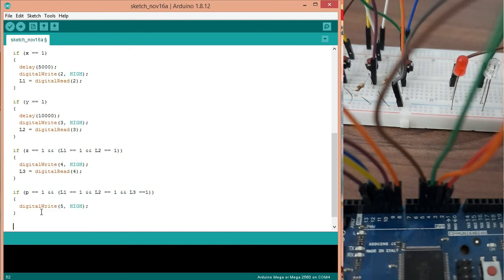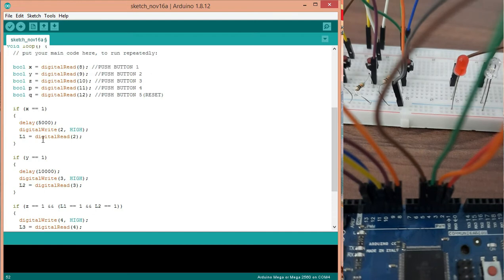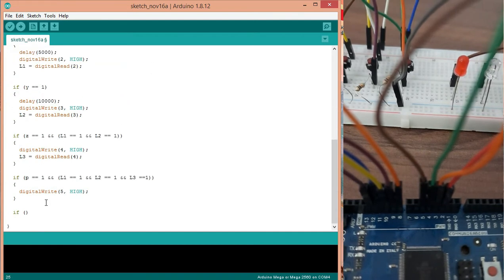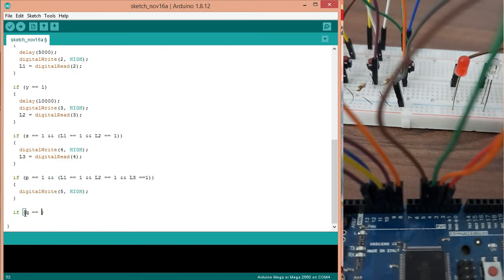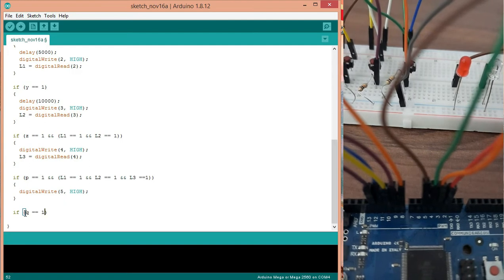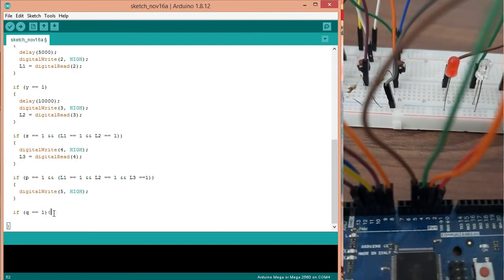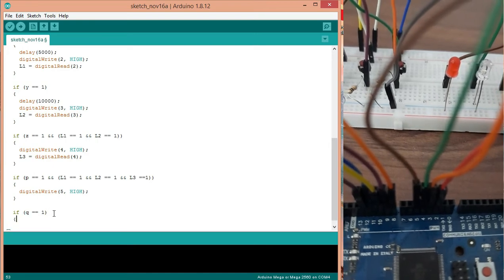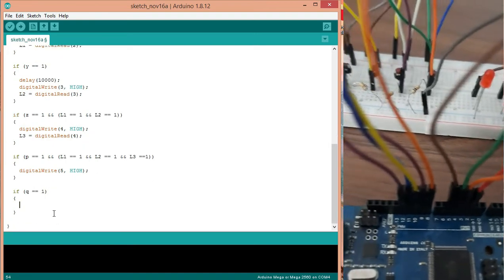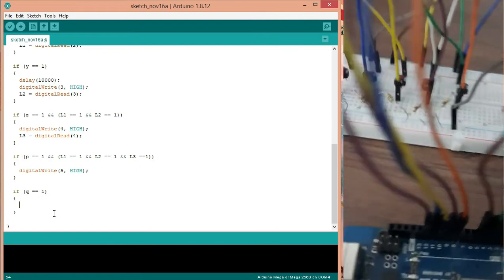That is, for reset we are using this Q variable. If Q is equal to 1, then all LEDs must turn off.